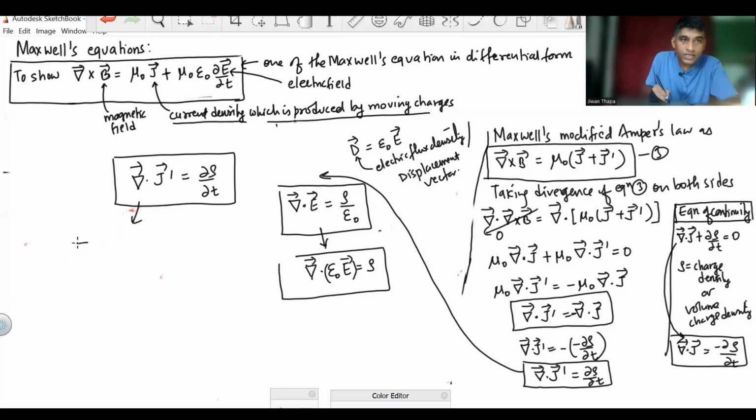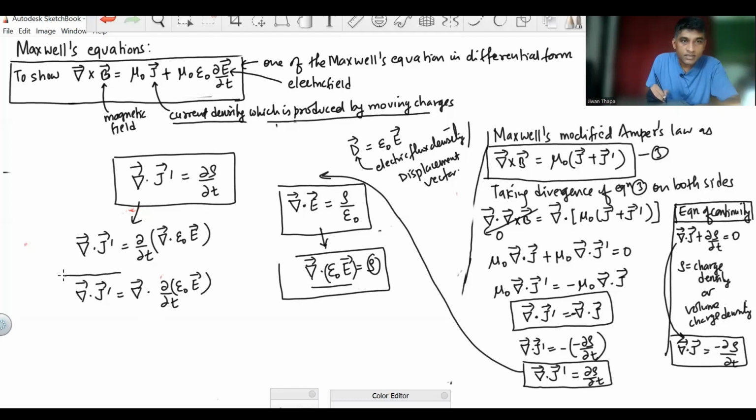So now let's put rho equals this. Now after doing simplification, we can write, so we have this, and from this relation we can write: